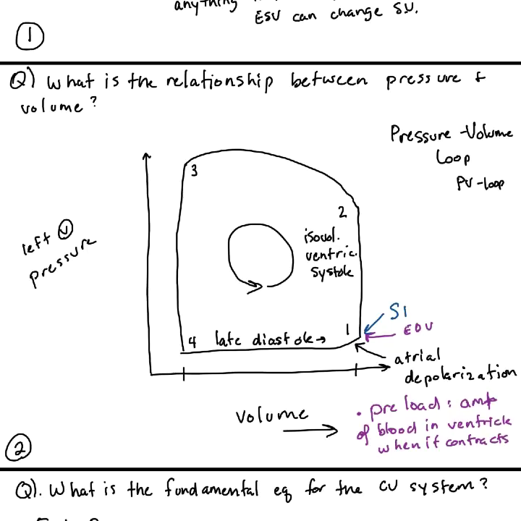Okay, so if we work our way around, again, we can see there are lots of different elements here. The only thing that we're adding new, though, is this idea of preload, which you can see very easily in your pressure volume loop. At this point, then, we move up to point 2, once the pressure has built enough in the ventricles that we can push the aortic semilunar valve open, then we have our next phase, which is,